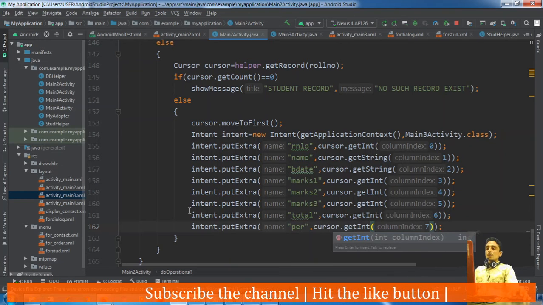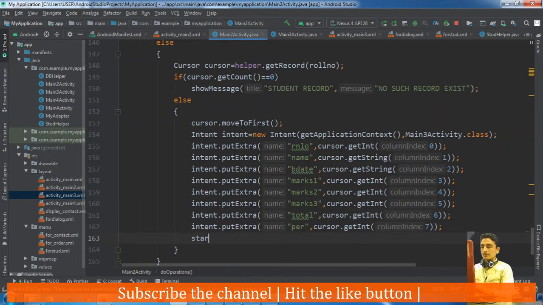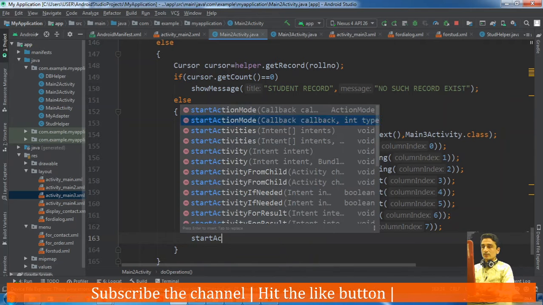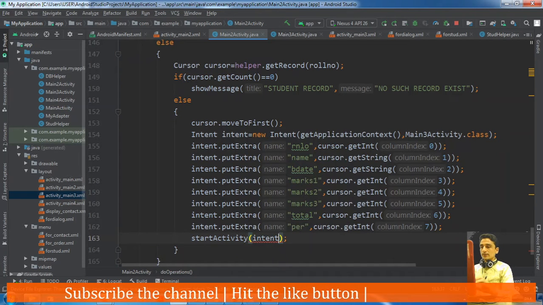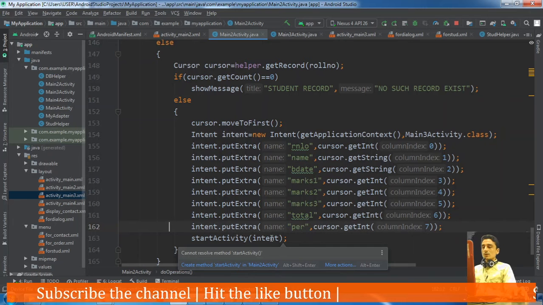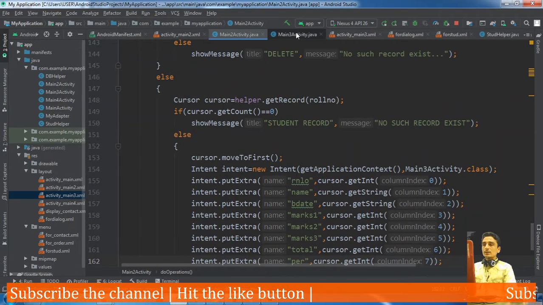Now start activity with the intent. So it is done from the second activity, starting the third activity.